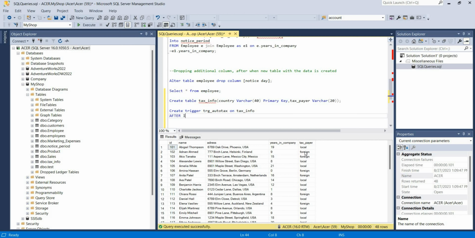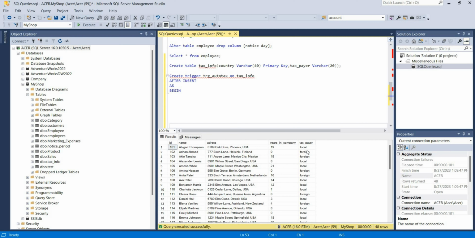After insert as begin, and now we want to update a value, okay, which is inserted. So we update, actually in this case nothing will be inserted, the value will be null. So we say update that null value, set tax